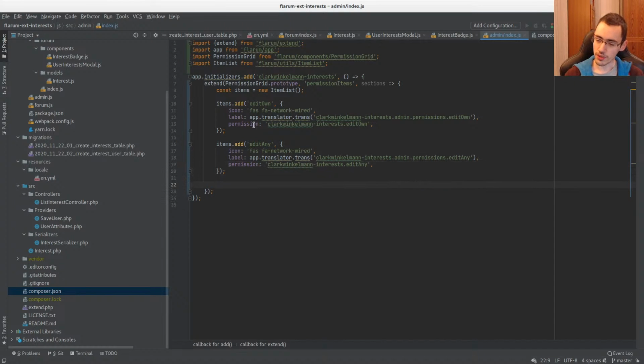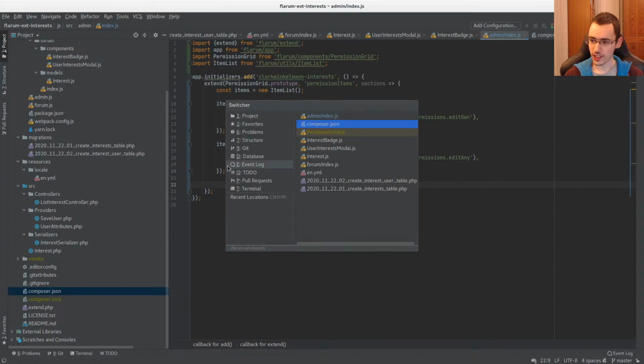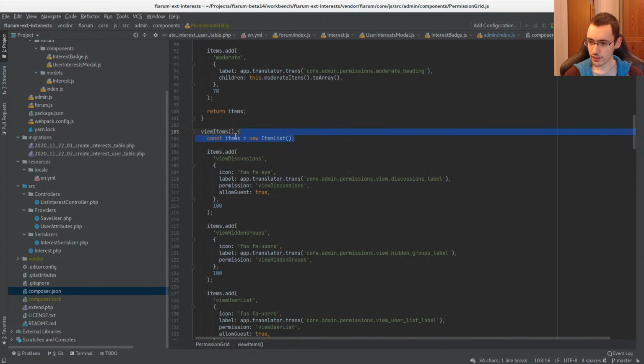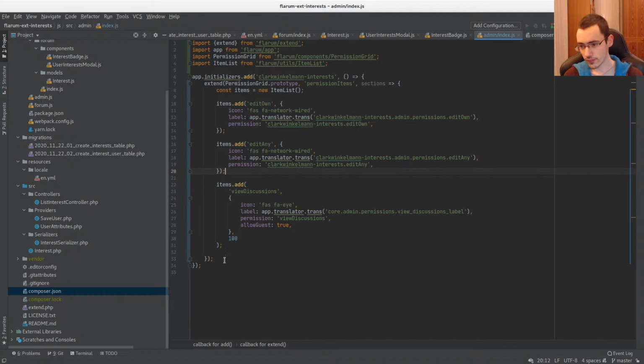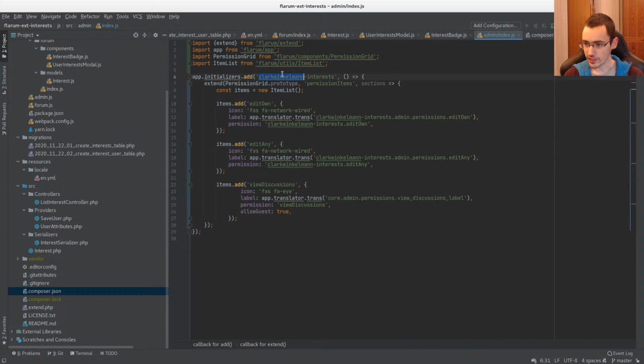And now I need to add a new section to the list of sections with this content. So I will just copy what we have here. Let's just do the minimum. So the section will just be called the name of my extension. We can put an icon, so let's put the same icon. Title will be